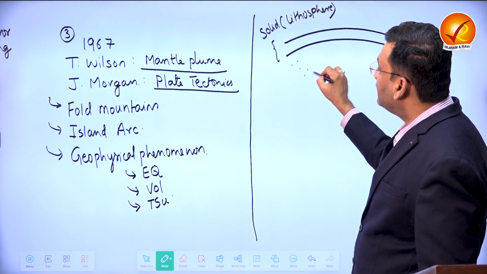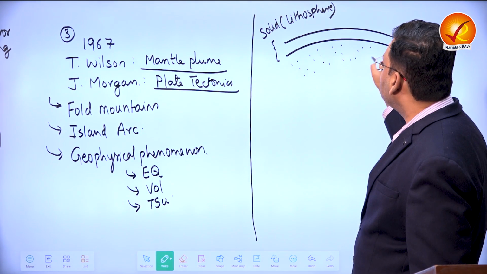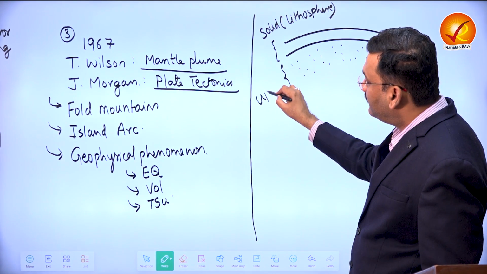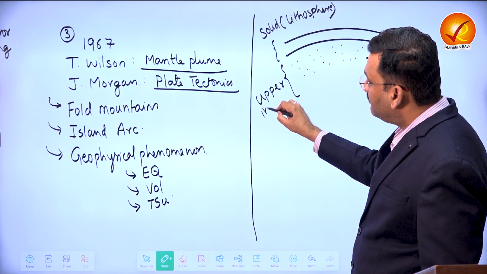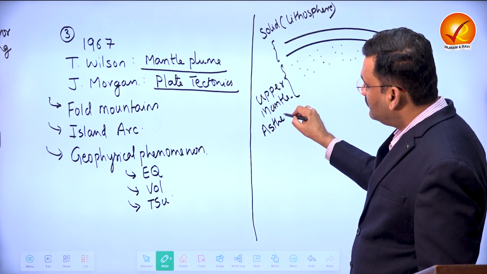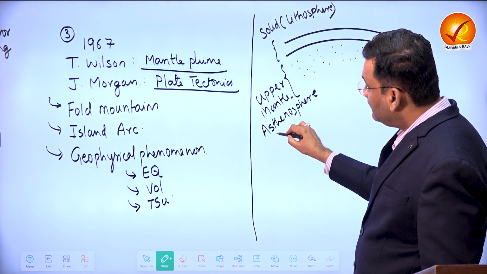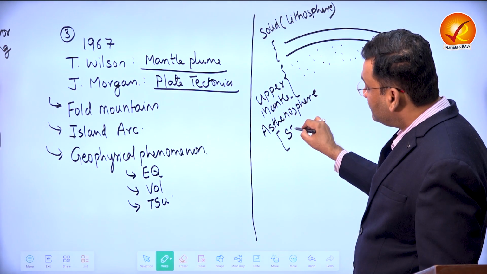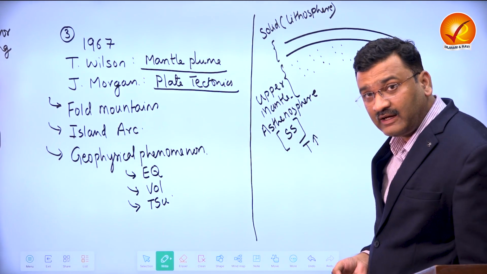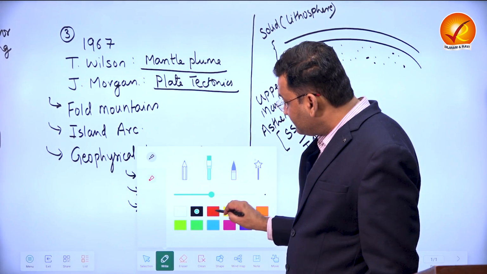This lithosphere is placed over a semi-solid layer, which is a part of the upper mantle, known as asthenosphere. How is the nature of asthenosphere? Asthenosphere is semi-solid. The temperatures of asthenosphere are very high. The material is in a molten state, and because of this,